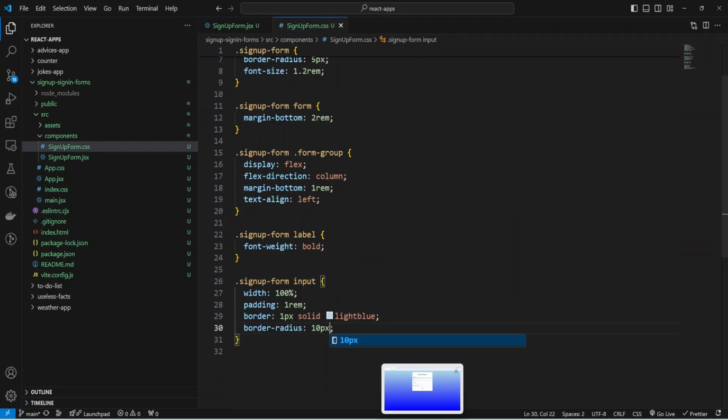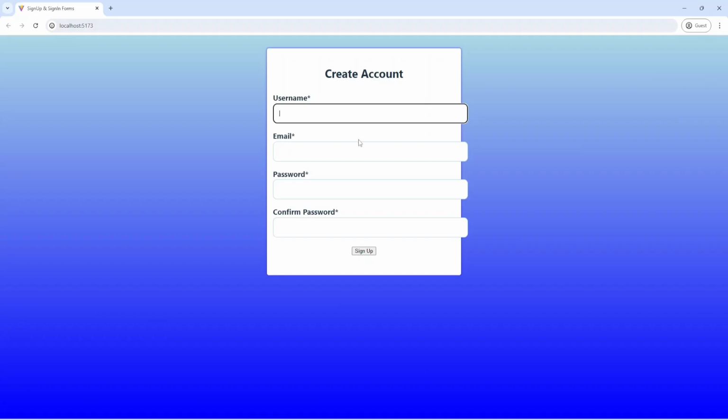Let's check what we have. Okay, we have our bold labels, and our bigger inputs, and we need to fix this.